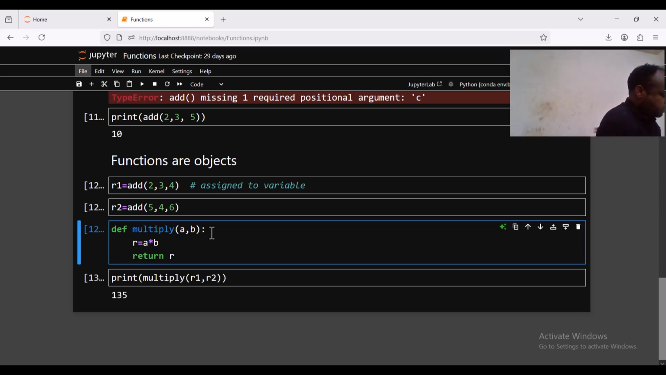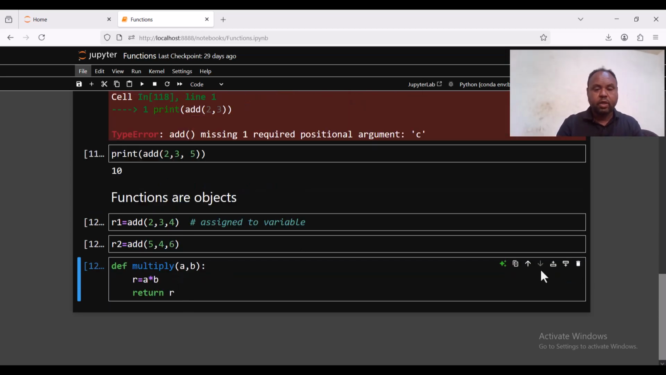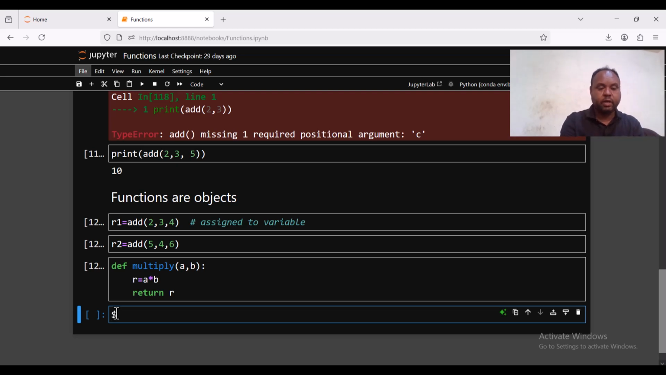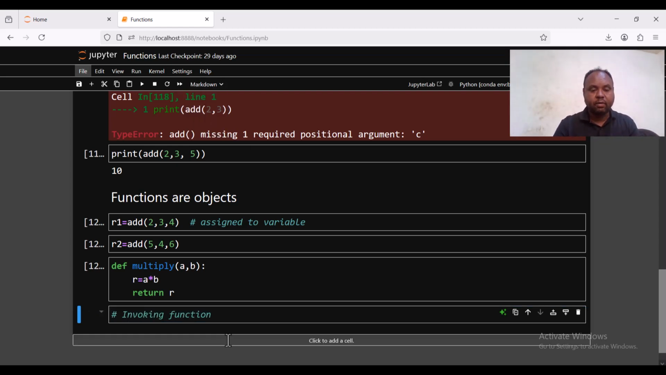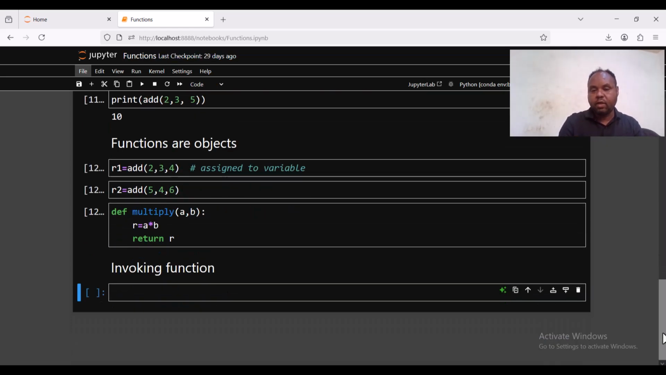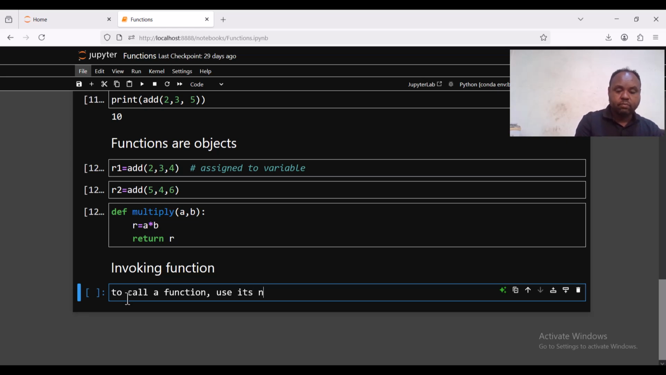The other thing related to functions is how to invoke functions. Now the important thing is invoking functions. Invoking functions is nothing but calling functions in the coding environment. Invoking functions follows the following three steps. To call a function, we use its name, right? Followed by the parenthesis, right? Example,